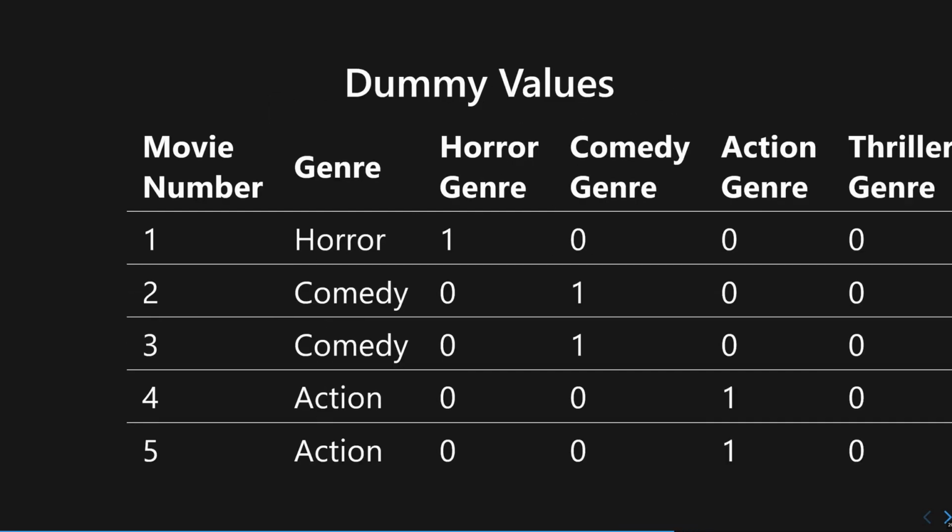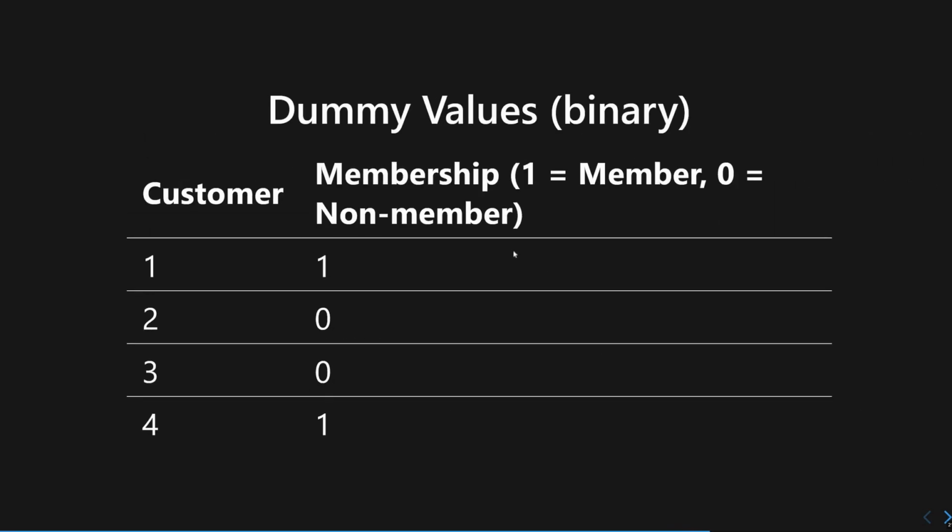Also, one more thing when it comes to dummy values: if you have a variable that can only have 2 possible values, so membership, for example, can only be either member or non-member, instead of creating 2 columns for each possible value, you can just use 1 column.